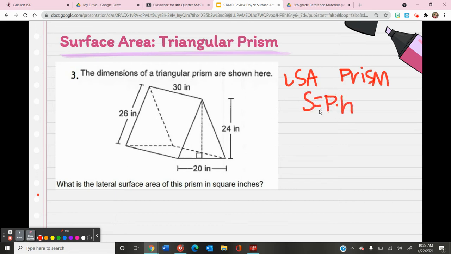Now my first step is to find the perimeter of my base. Notice how I said the word triangular prism. That is there to help you remember that your base is the triangle. So this is my